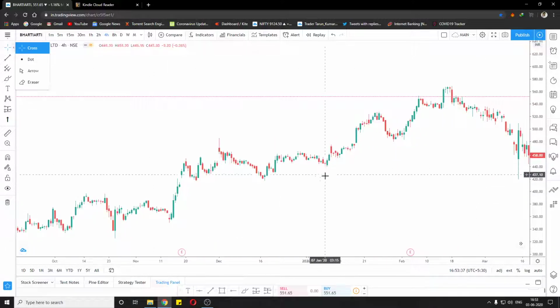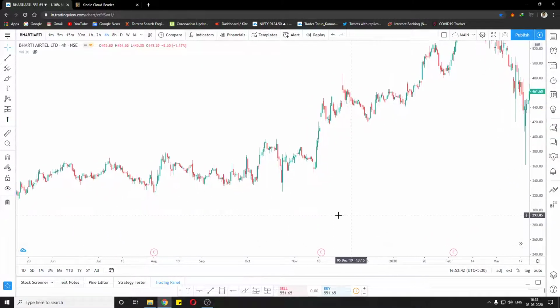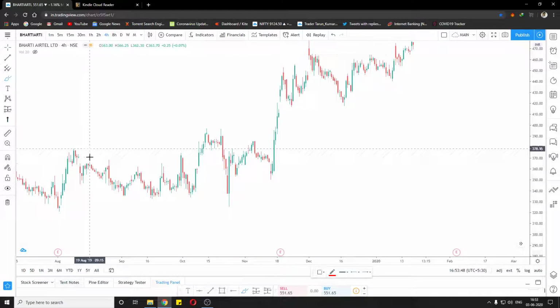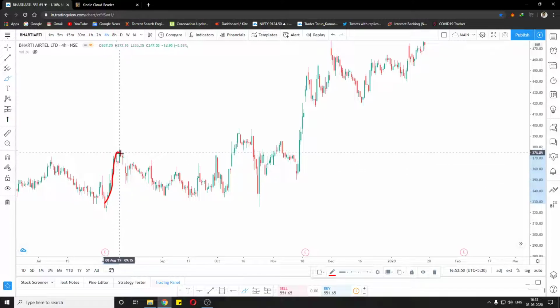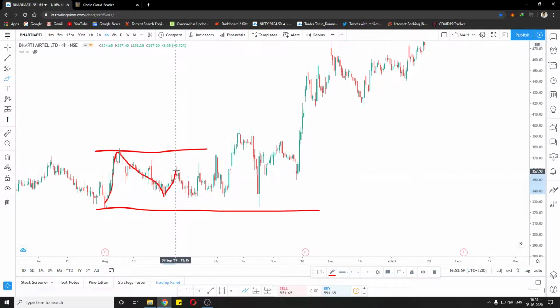For example, this is a Bharti Airtel chart on the 4-hour. So if we look at this, let's take any point of reference. Let's take this move. Then we had this down move. So this is our below level, this is our top level, and then this market made this, and then this. The point is, till it crosses our high, the market is consolidating and we have a question mark. Not a question mark, sorry, we have a sideways market.